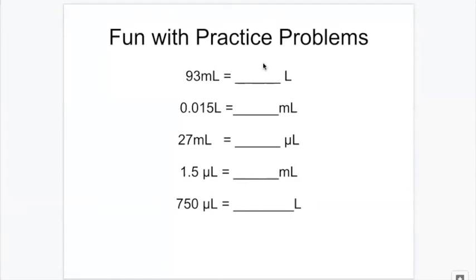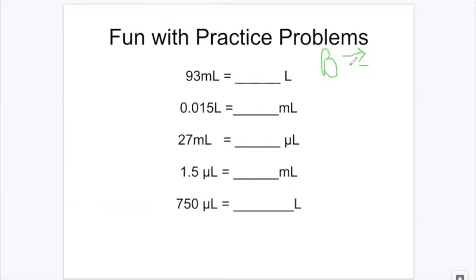All right, let's take a look at some practice problems. Okay, so here are some different volume conversions that you might need to do in this class at one point or another. So let's say I've given you a volume in milliliters, but the only tool you have to measure it measures in liters, right? You'll need to do the conversion using the BS rule. Okay, so if you have 93 milliliters and you want to convert to liters, the first thing you want to think about is the